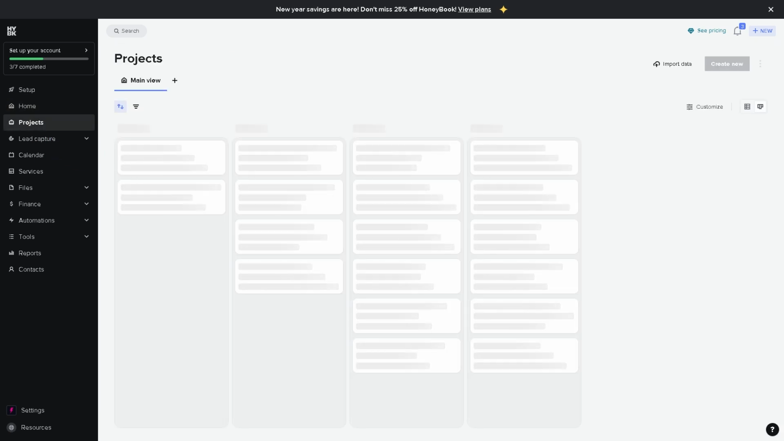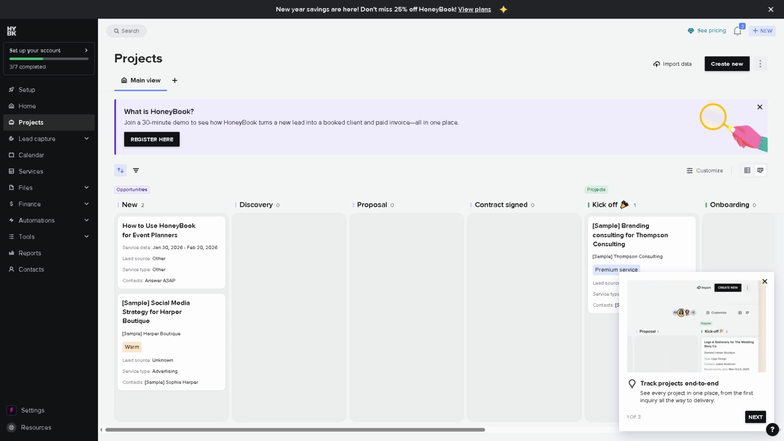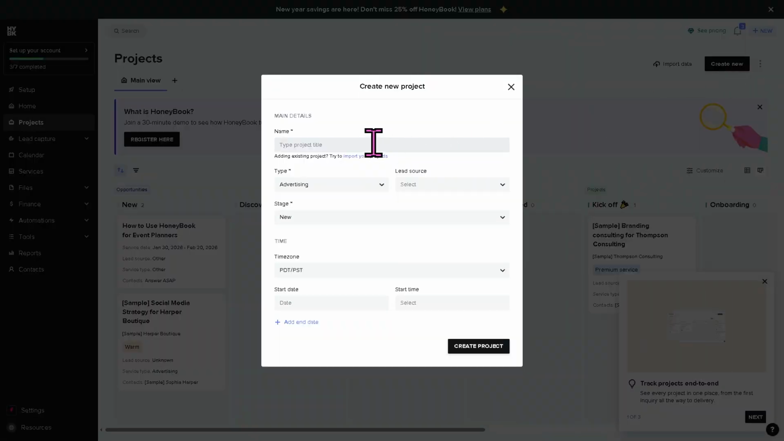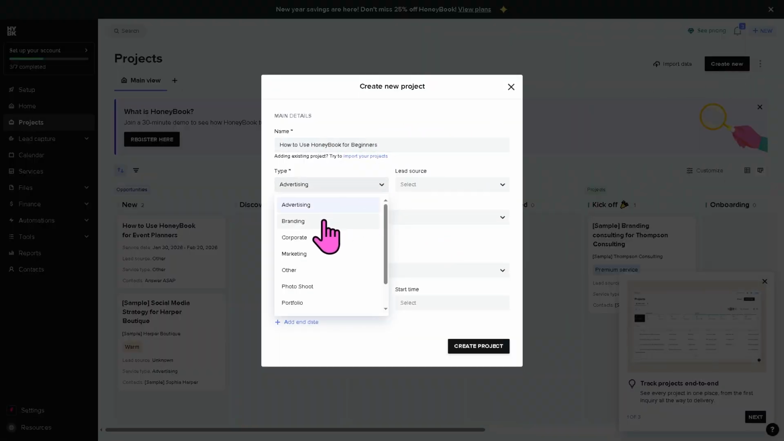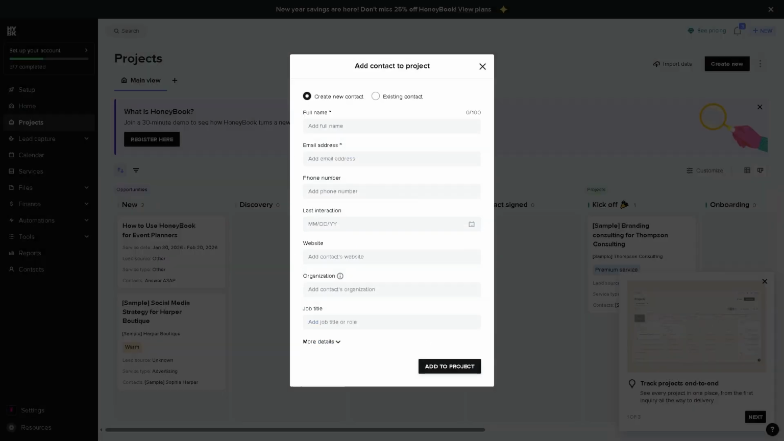Of course, the project is essentially where, if you want to create a new project from, let's say, from scratch, okay? This is going to be where each client job lives. You can create a new project from scratch if you want. For example, you can choose from a different type: advertising, branding, or marketing, photo shoot, other, it's up to you. Okay? And then click the create project. It's super simple. So you can organize all timelines for your client